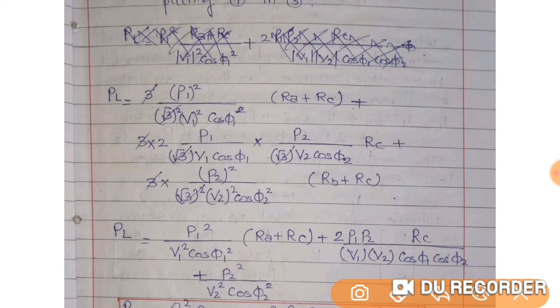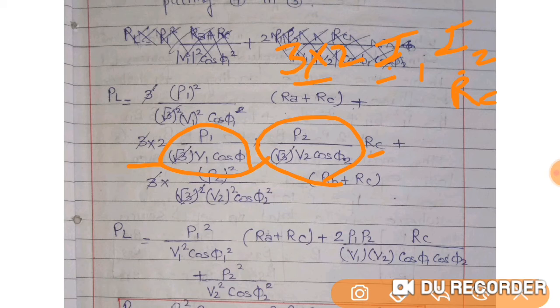So in the next equation I had, what was the next term? 3 into 2 I1 plus I1, I2, right? And then the factor of RC multiplied to it. So simply replace I1 and I2 here. Putting the value of I1 here, I have 3 into 2 into, this is your I1 and this is your I2 and multiplied by RC.